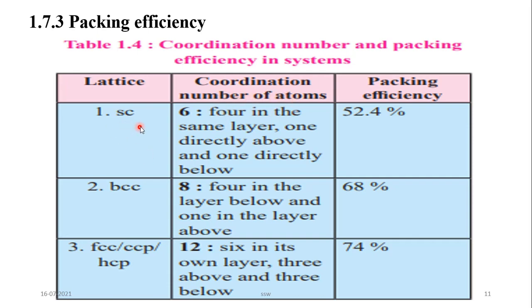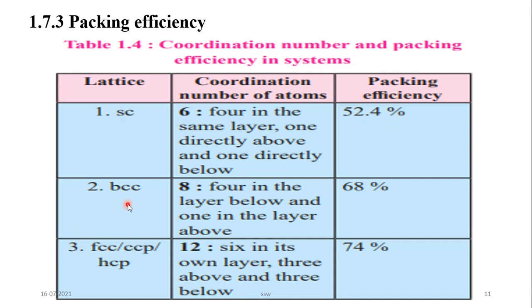So you know that in square close packing, in three dimensions, the simple cubic structure has coordination number 6, that means 6 spheres are in contact with any sphere of the simple cubic structure. That is 4 in the same layer, 1 directly above and 1 directly below the sphere. So a total of 6 spheres are there, and